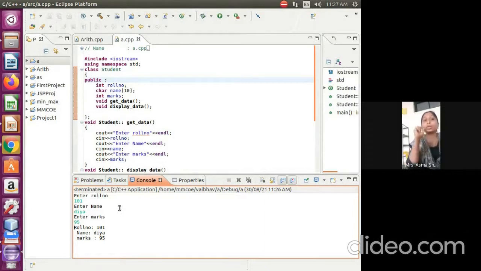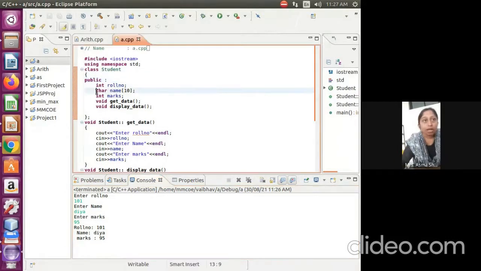So what did I do now, students? Always remember, in C++ language there is no data type of a string. We have to use a character data type and write the number of characters, which represents a string.